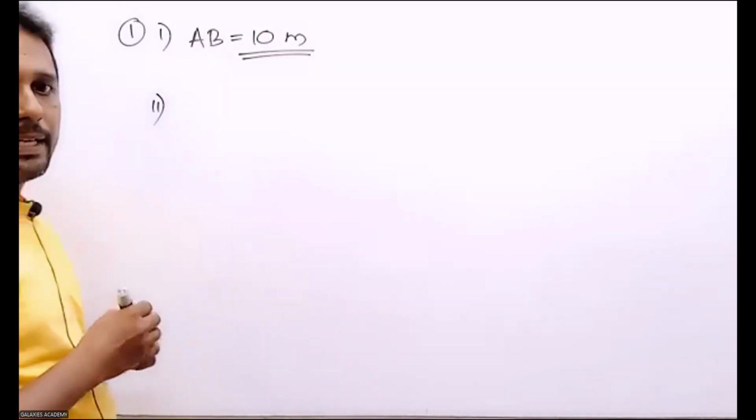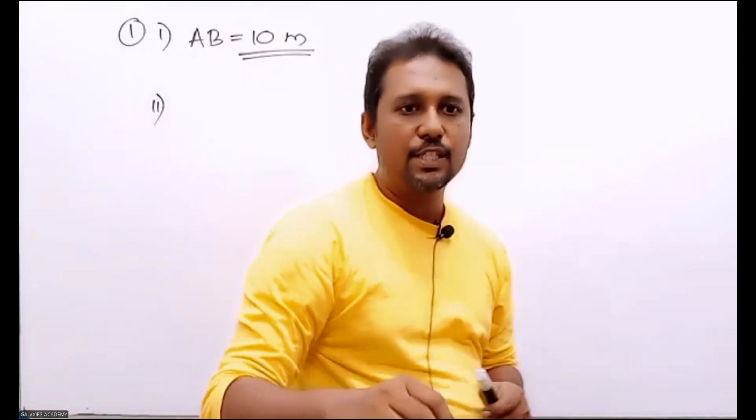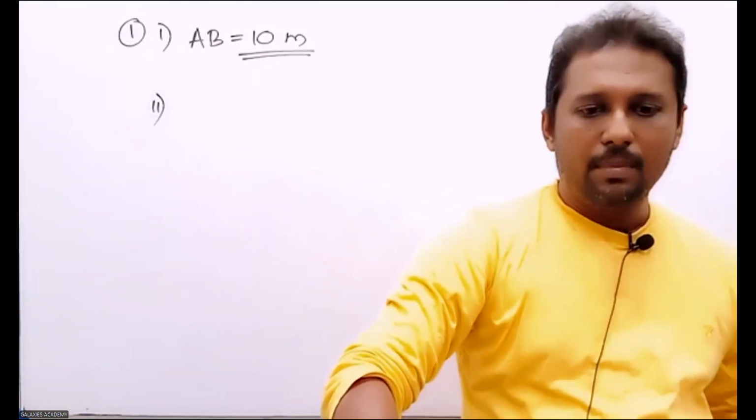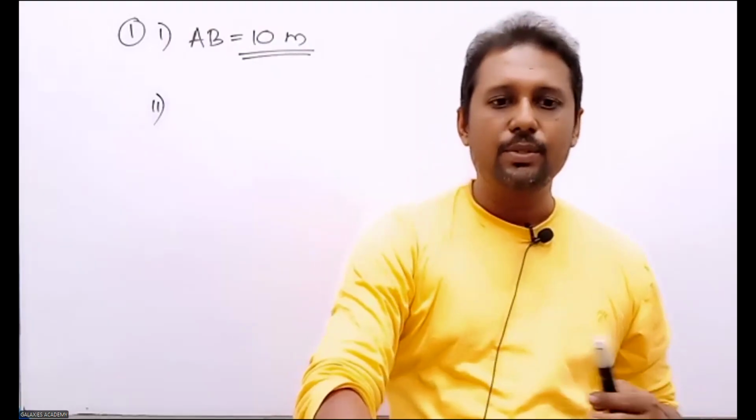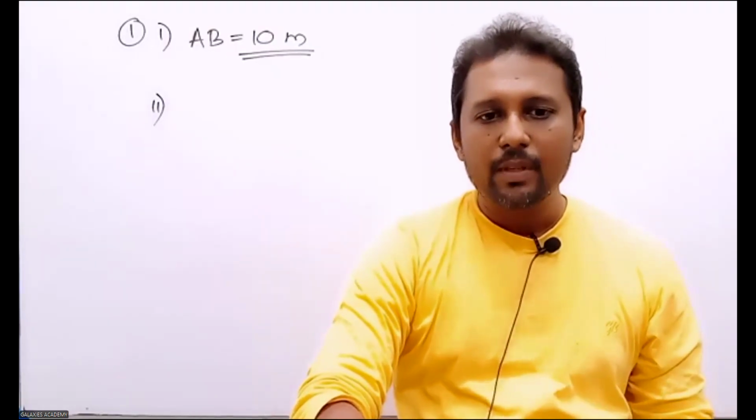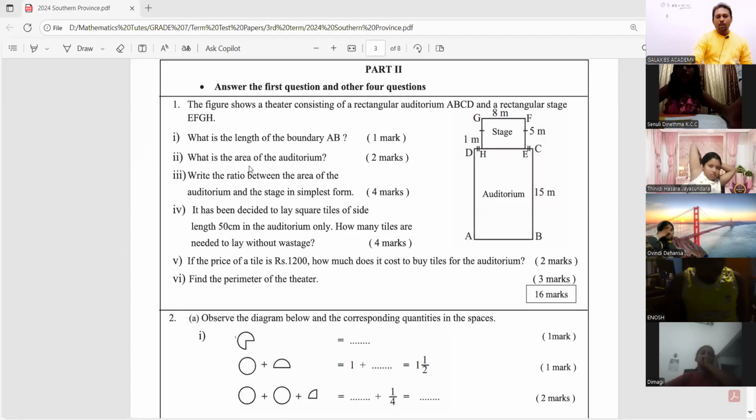AB equals 10 meters, right? It is the first part. By using the symmetry and also using your knowledge, you can find it, no? Right. Then the next one, look at what is the area of the